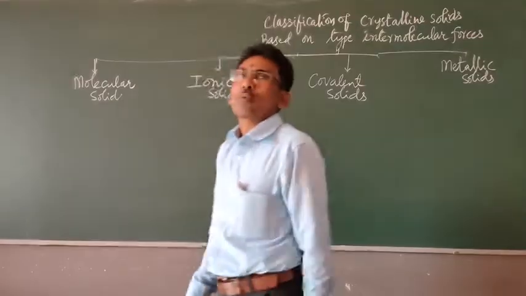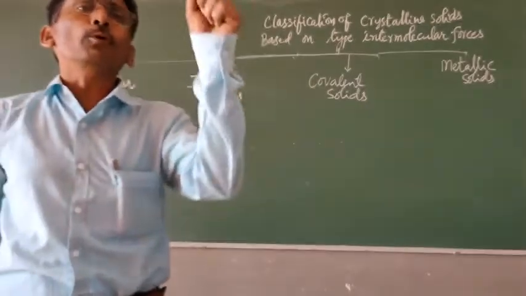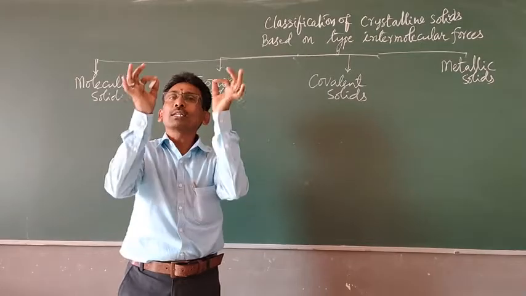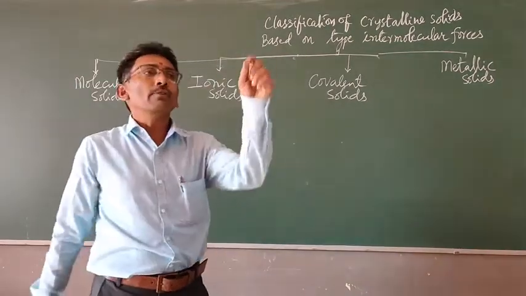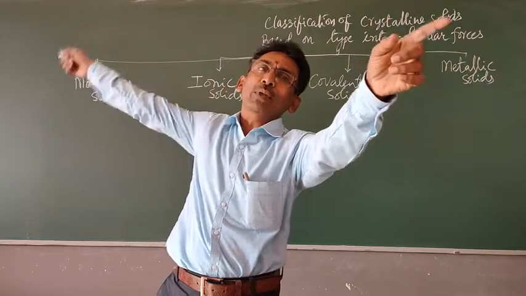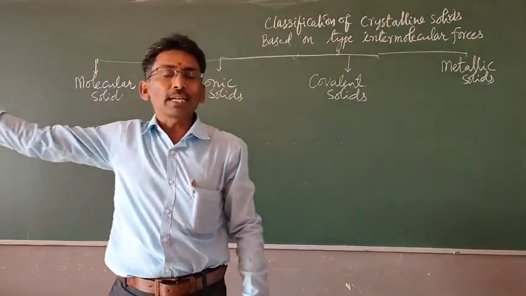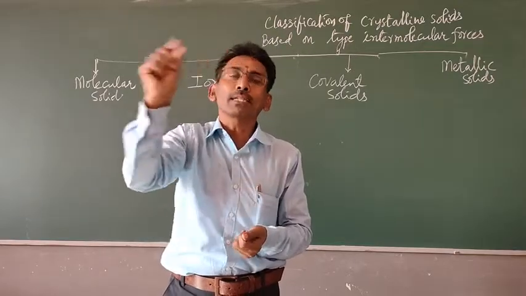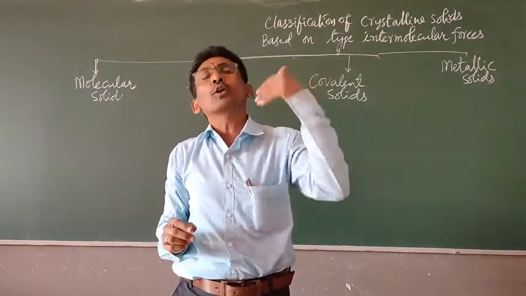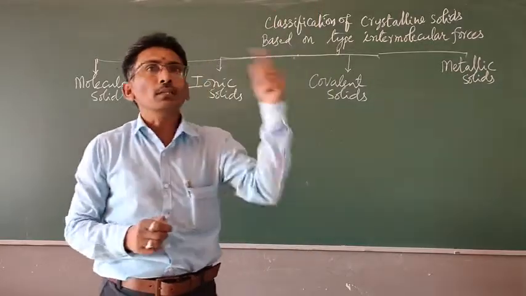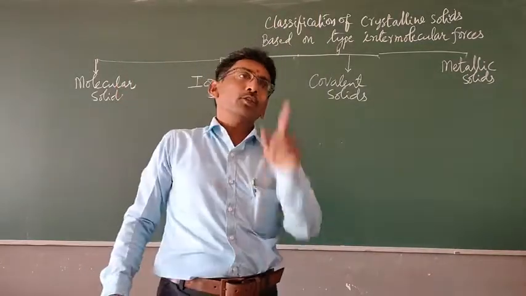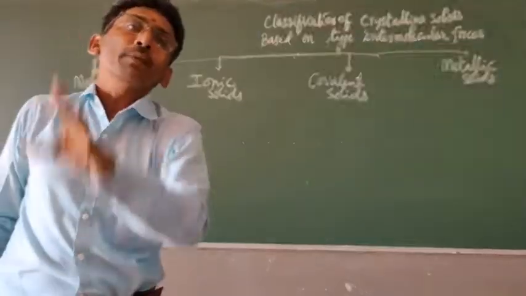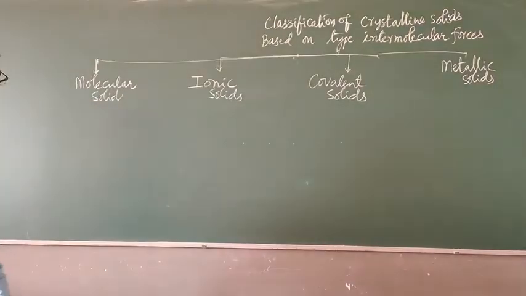Each lattice point, what is a lattice point? To indicate the position of the particle in the solid. Just like your position in the final examination hall, your position is fixed, that will be displayed at the entrance in a particular manner. So on the second floor, your number is available, and on the second floor, so and so third room is available. In the third room, your seat is fixed. Like that, the position of the particle in the three-dimensional observation is called lattice point.